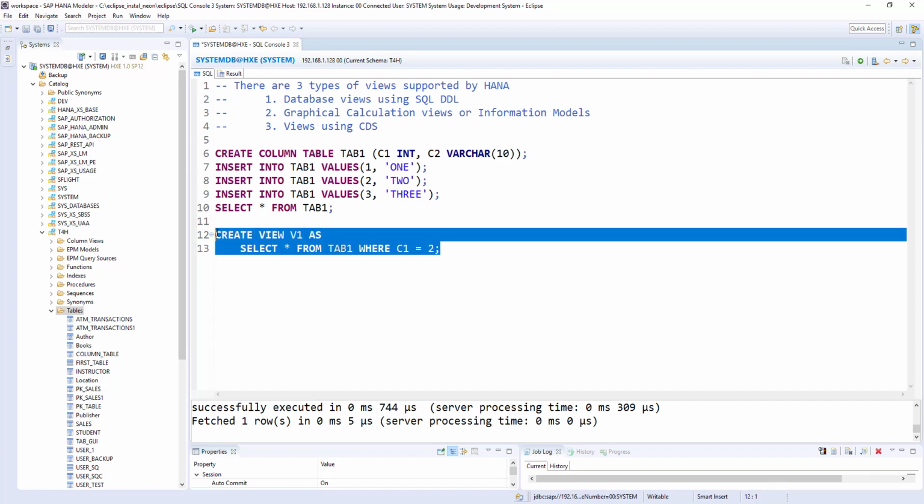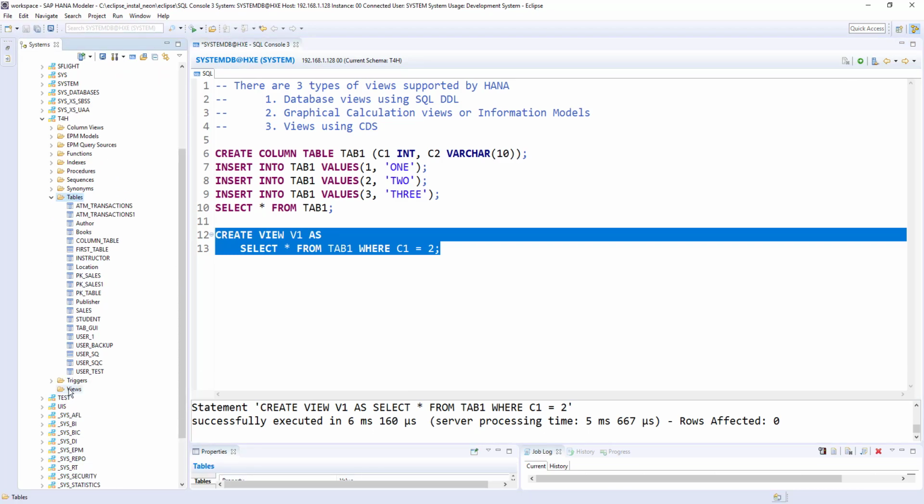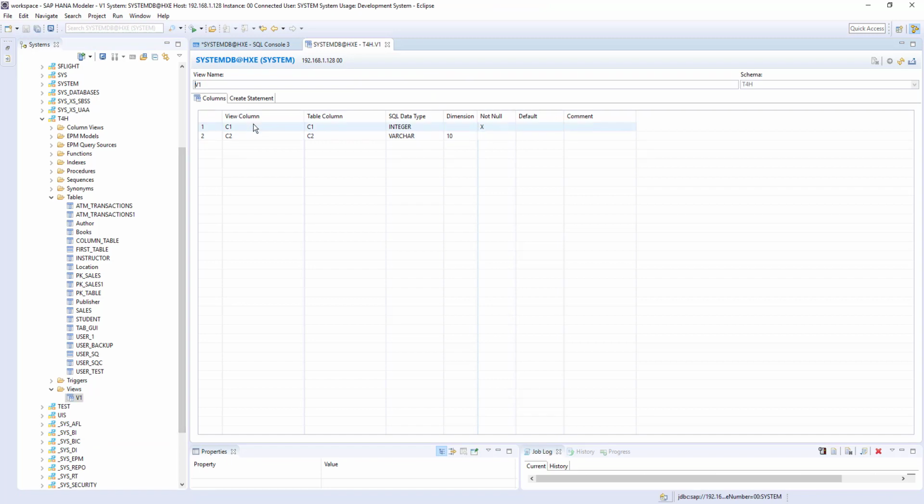I'm going to execute. View created successfully. So where is this view created? The view will be created here. Refresh. So v1. If you see the definition of the view, it is holding two columns, C1 and C2, which came from table tab 1, integer and varchar 10 not null. I don't know why not null came in.